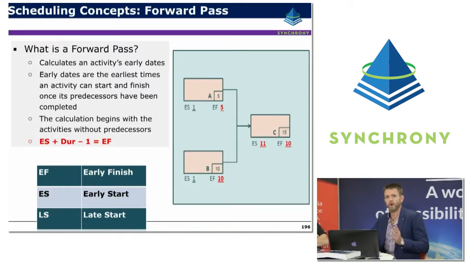Now the reason we minus 1 at the end is just a bit of a standard. The early start date is typically set at the start time of work for that particular day, so for example 8 a.m., whereas the early finish date is typically at 5 p.m. on a particular day. So for example, if you imagine a Monday to Friday week, if you had a 5-day activity and the early start was on Monday, which would be say a 1, plus the duration, which is 5 days, gives you 6. You then take 1 day off to finish up with 5 days for your early finish.